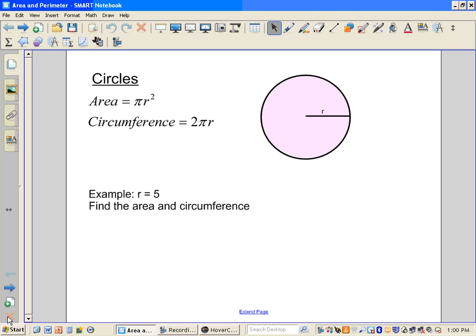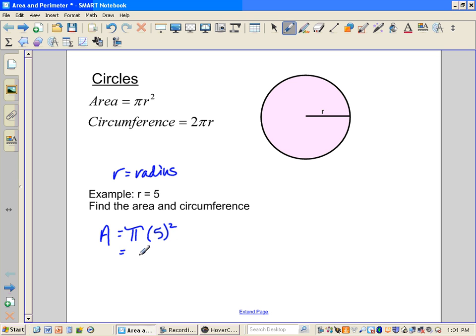When we start talking about circles, the area of a circle is how much space goes inside the circle, and the circumference is the distance around the outside. Pretty straightforward. As an example to follow along, R stands for radius, and remember the radius is half the diameter. So if R is 5, the area is going to be pi times 5